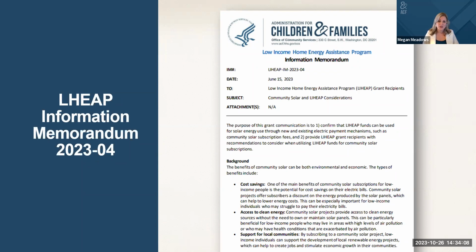The guidance that was issued this past June outlines areas where LIHEAP funds can be utilized, and more importantly, where it cannot be utilized because it might violate the statute. We've also outlined things to consider during your project development, such as the ever important community consumer protection process. If you have additional specific questions on how to incorporate LIHEAP funding in a community solar project, please feel free to reach out to us at OCS. We're here to help as you develop these projects and think about how you can utilize your funding.